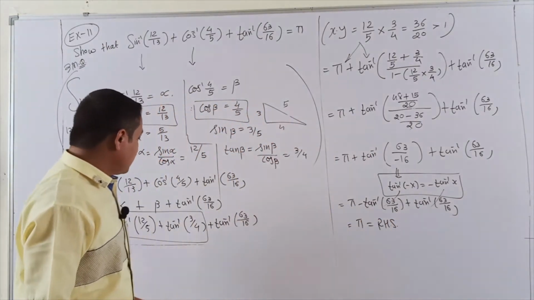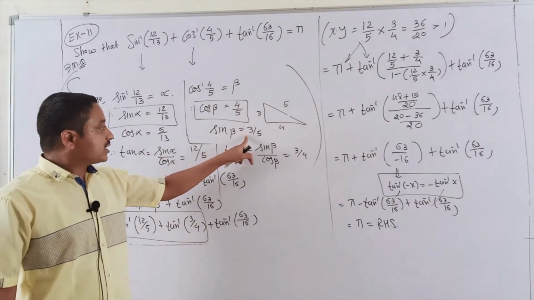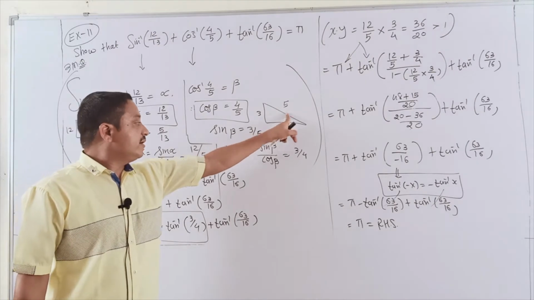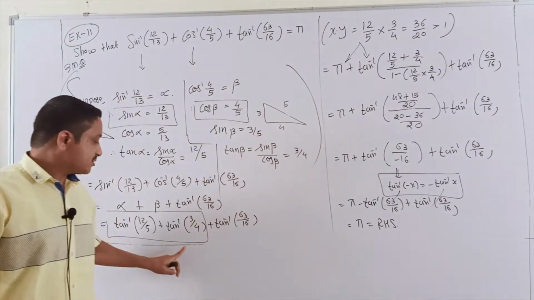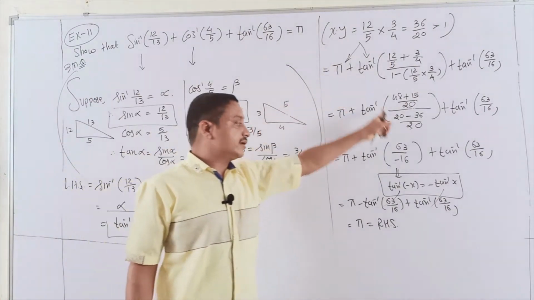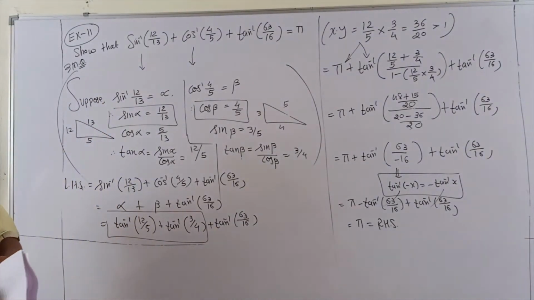Yes, students. One mistake I already cleared here. So don't worry, students. Just write down here sin beta is 3 by 5. Tan beta is 3 by 4, opposite by adjacent. That's why the mistake happened. And after that you clear it. Finally done. Yes, right, proper.